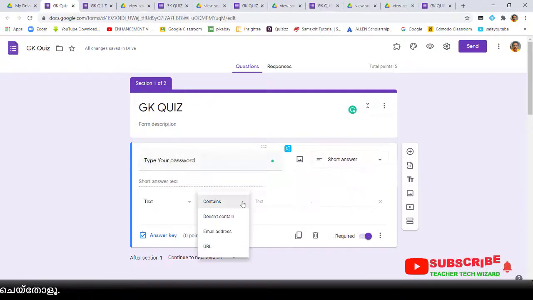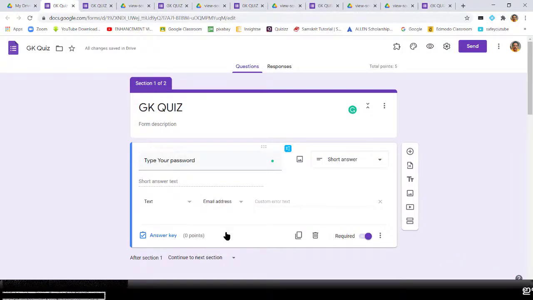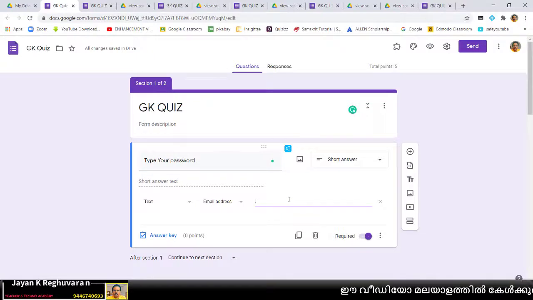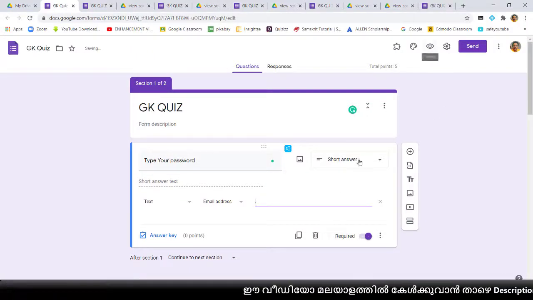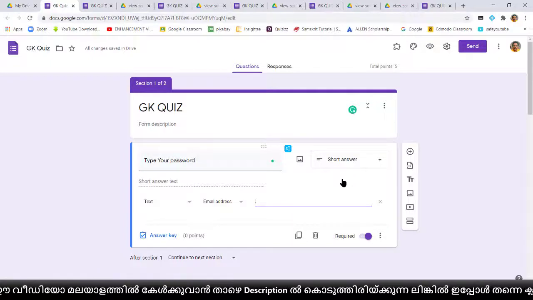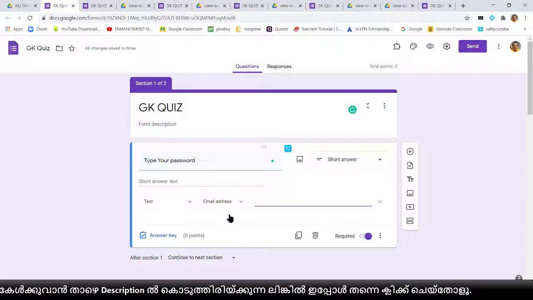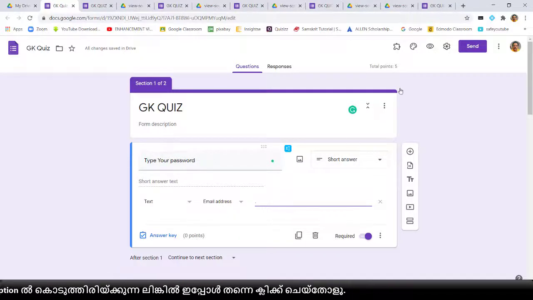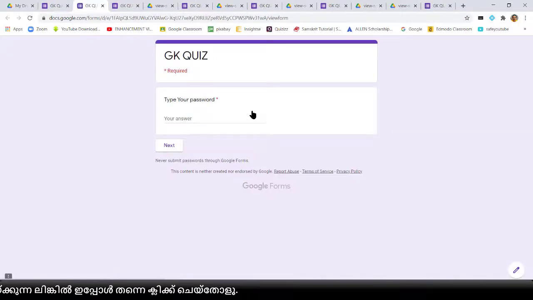You can select another criteria, that is email address. When you select the email address, only an email address will work there, and you give any dots, and when you open this, any email address we can give. If you select email address in this criteria, what will happen? I will show you. Nothing will be shown there.